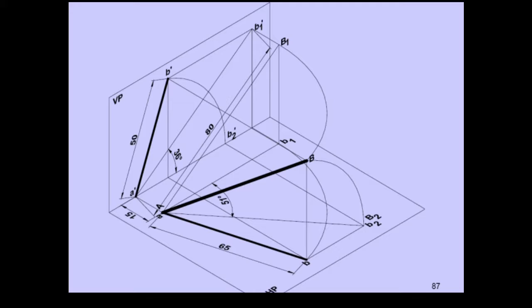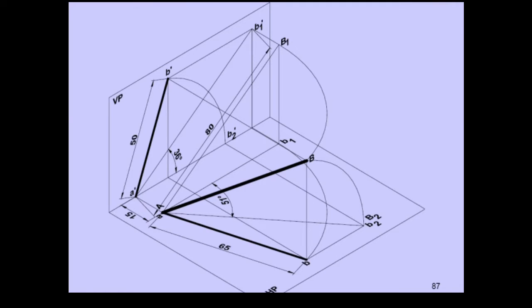Similarly, considering the line parallel to HP, inclined only to VP, in the second intermediate position the line is placed along AB2, which is in true length, and the corresponding front view becomes A dash B2 dash, whose length is given. Using this data, we can determine the true inclination with respect to VP, which happens to be 51 degrees. The other steps of the procedure follow.